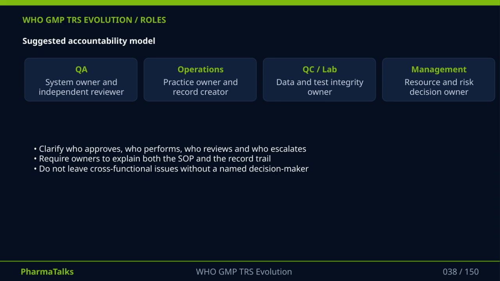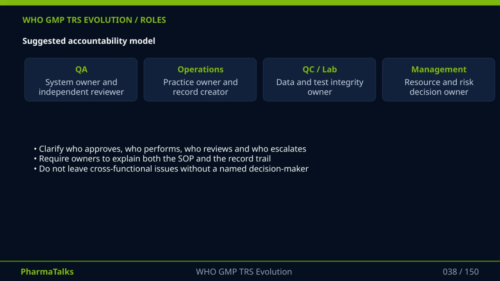A key takeaway here is the emphasis on clarifying who approves actions, who performs them, who reviews them, and who is responsible for escalation if issues arise. Owners are expected not only to follow the standard operating procedures, but also to be able to explain the entire record trail, ensuring transparency and accountability. Finally, it's essential that cross-functional issues are not left without a clearly named decision maker. This avoids confusion and ensures timely resolution of any problems. Overall, this model strengthens governance by assigning clear accountability and promoting thorough oversight throughout the system, aligned with the latest